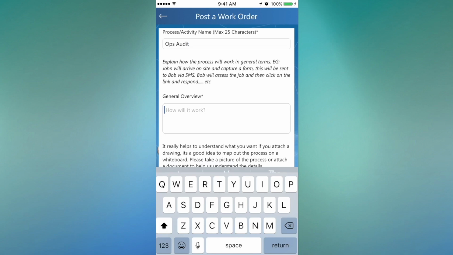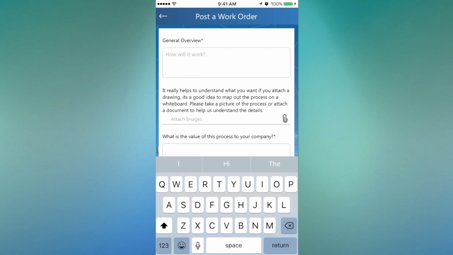Okay. The next step is we're just looking for a general overview of how you believe this process is going to work. Obviously, the more detailed, the better, because then it prevents a bit of back and forth. So giving us as much information as possible as to how you believe that this process is going to work will be the most effective. So a general overview,